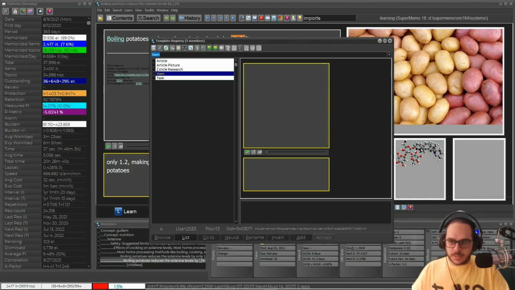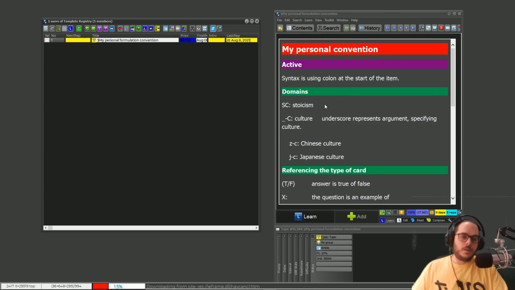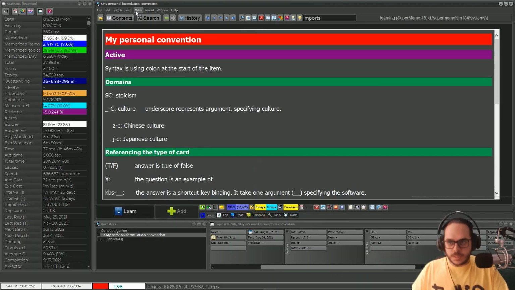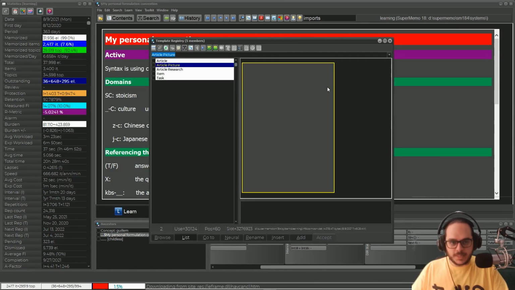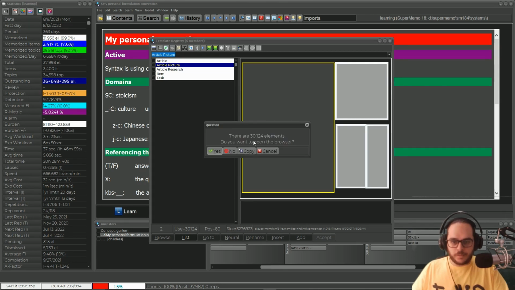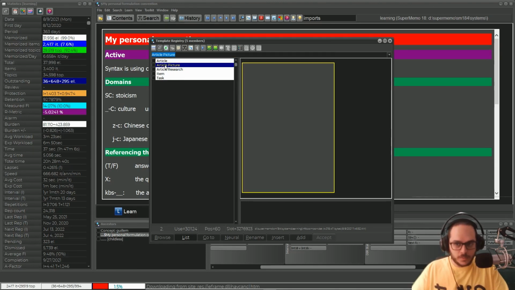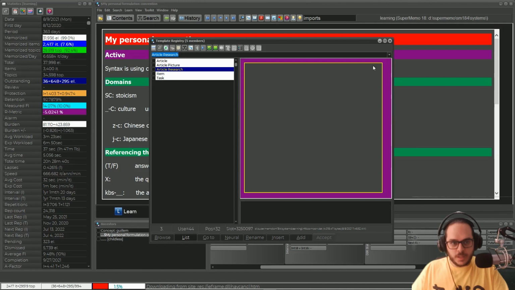And for articles, I have the built-in article, which I think I'm not using. Oh yeah, I created this for my own personal convention. So for incremental reading, I'm not actually using it. Then, article picture, which is the same but with up to 3 image components, is the entire thing, 3000-something, almost all my topics. Those are built in, I just customized them. And then article research, where the only difference is the background, which is purple.